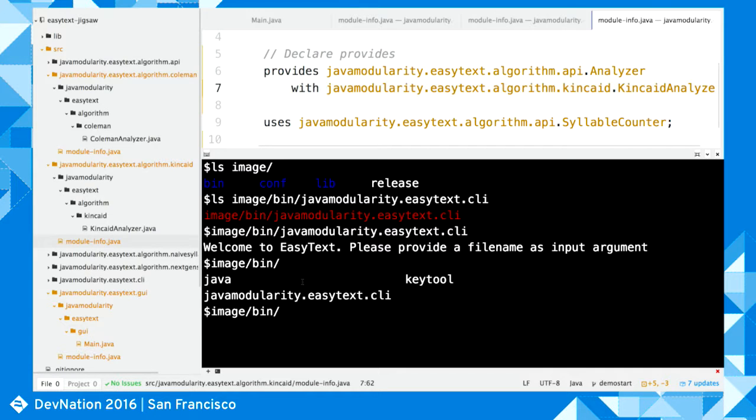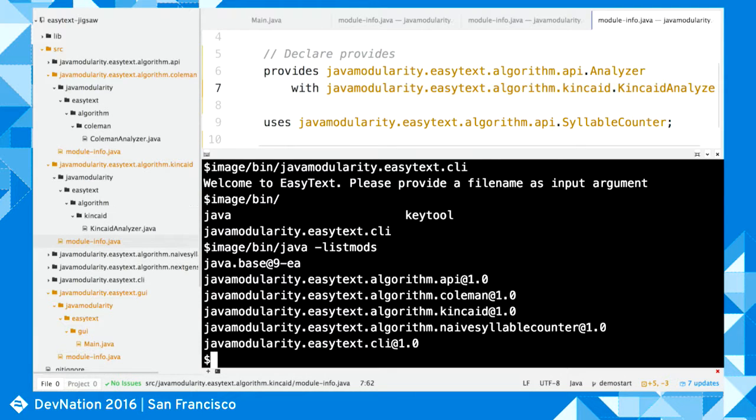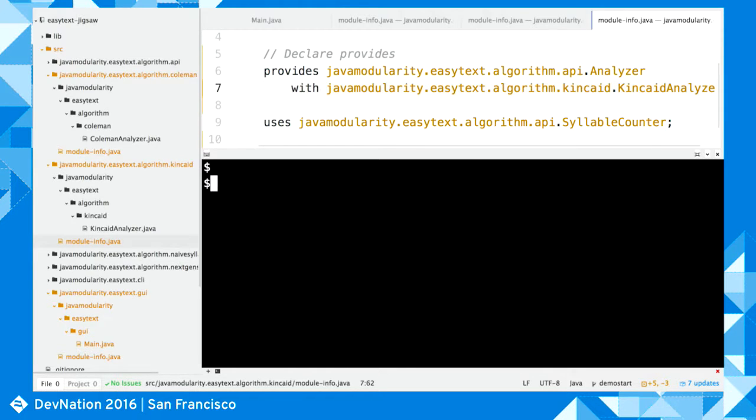But we can also run the Java command in here directly and ask it, okay, what modules are in this runtime image? And you will see it's only the Java base module plus the modules that are defined at link time and any additional modules that were resolved. For example, the API module was resolved because it's used by the CLI module. So it has done this automatically for me.